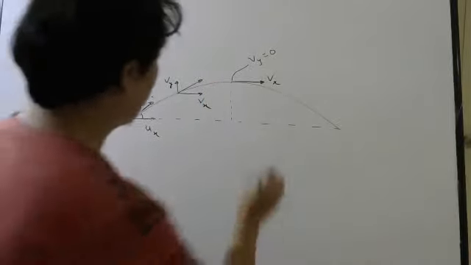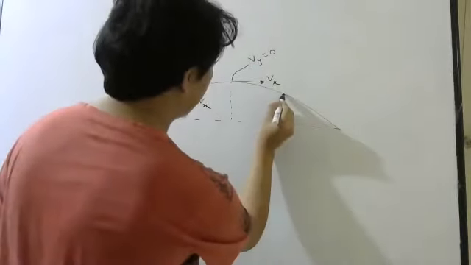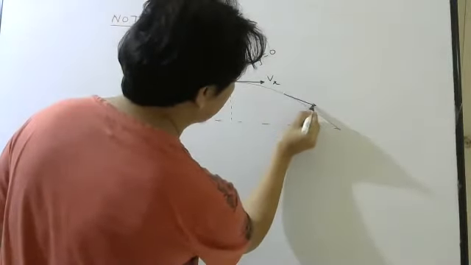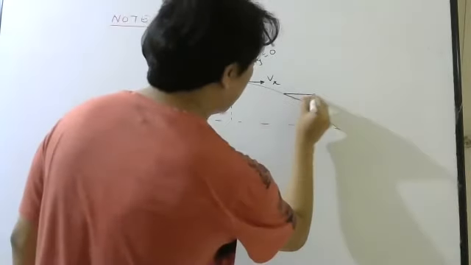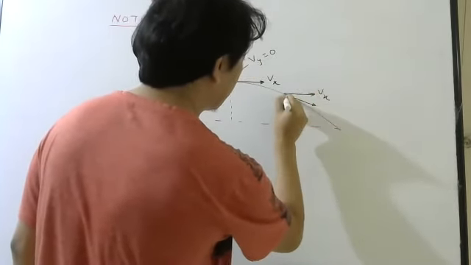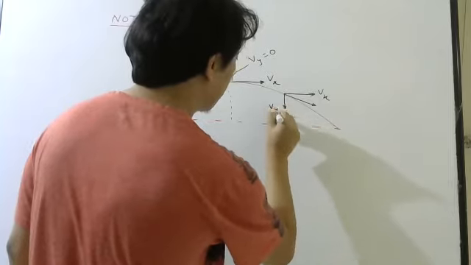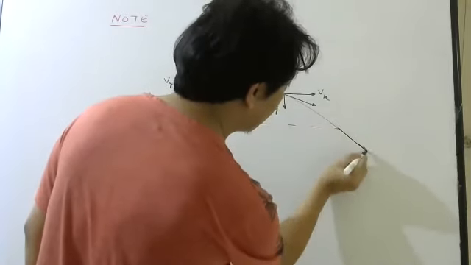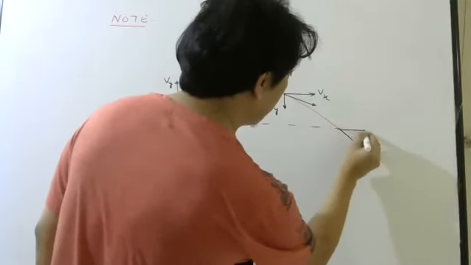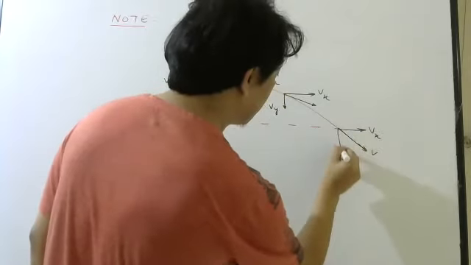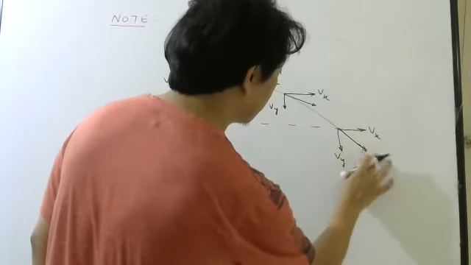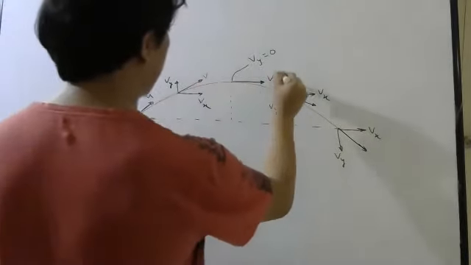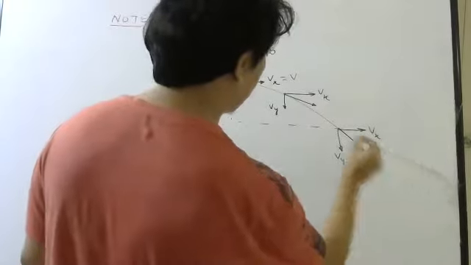After that, see what happens. Then it comes here. Now your tangent will be like this. So this is your Vx, this is your Vy. And finally, when it reaches here, this will be the tangent. This will be your Vx, this will be Vy. Okay? This is your V. Here this will be V, this will be V.